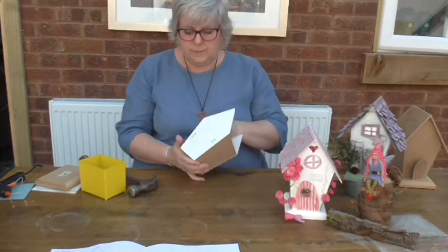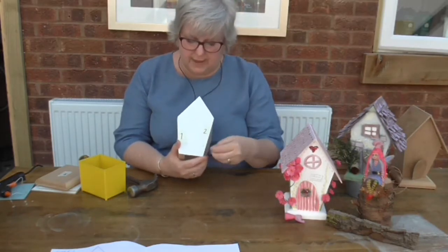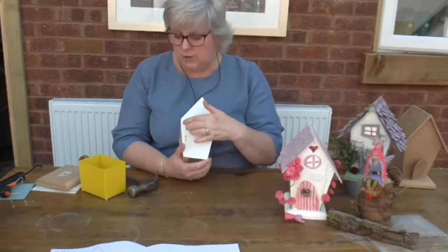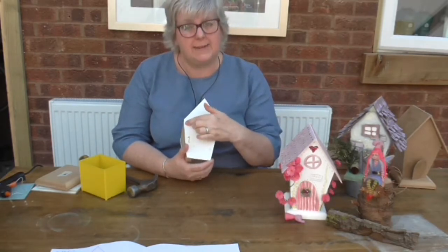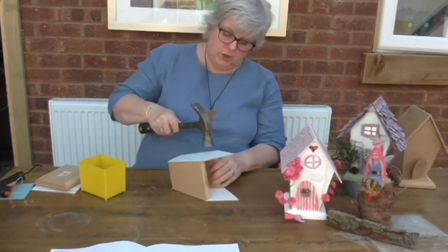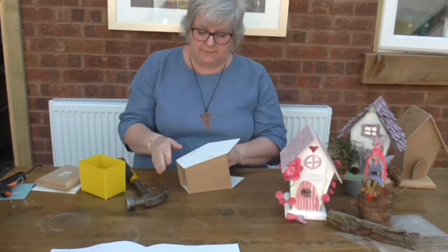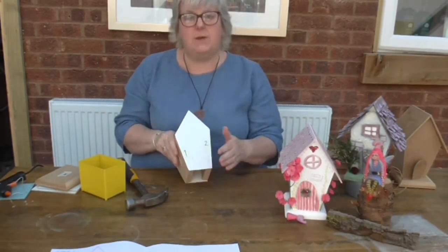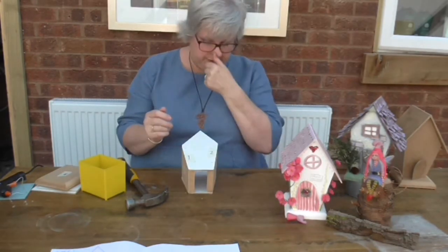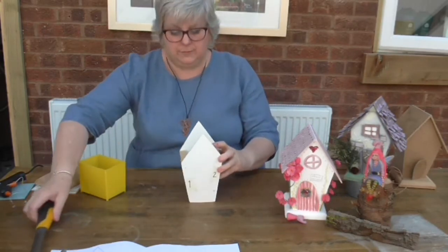Okay, and I've actually cracked, but that's because it's got a coating on there, but yours won't have a coating, so you won't have to worry about that. When you use the tacks, use the flat-headed type as best you can, and make sure that you bash them in so they're nice and flush. So whatever we decide to put over the top of these will get hidden, nothing will protrude. Okay, so that's the base of our house put together,